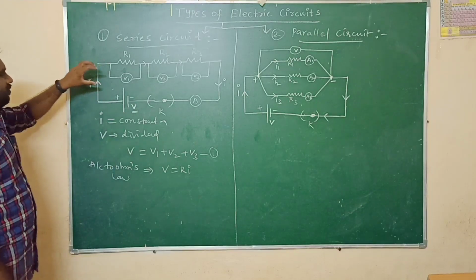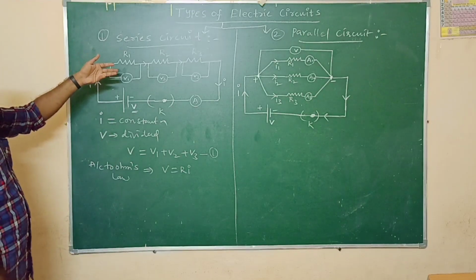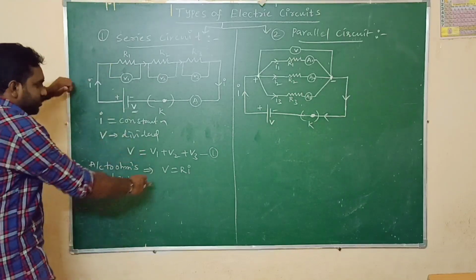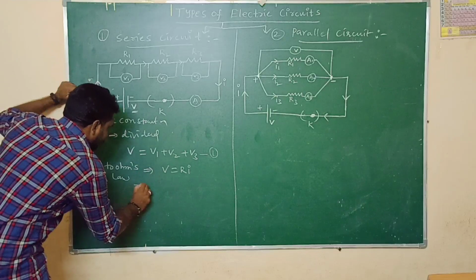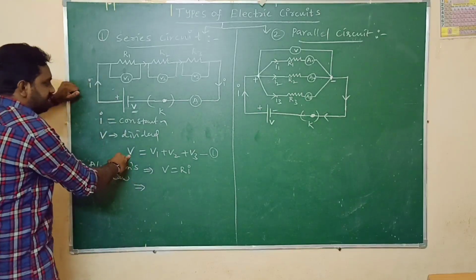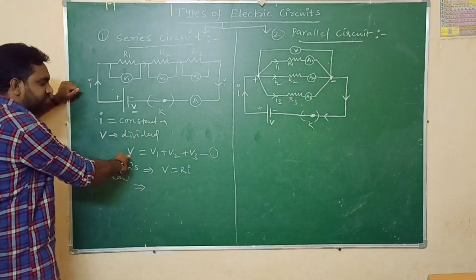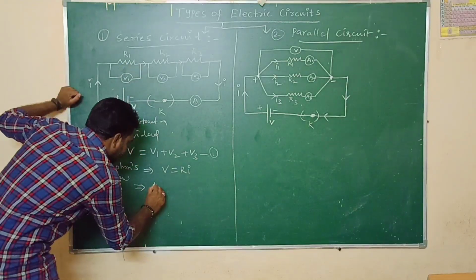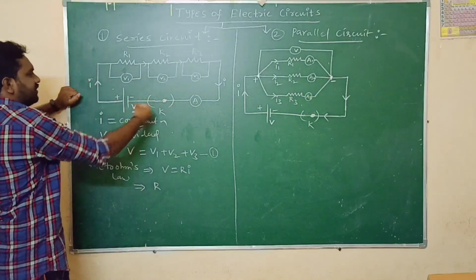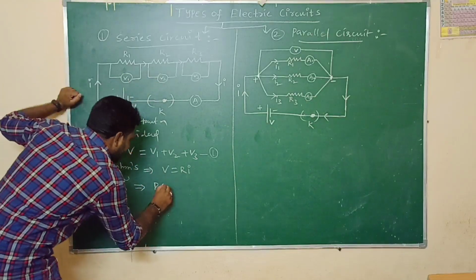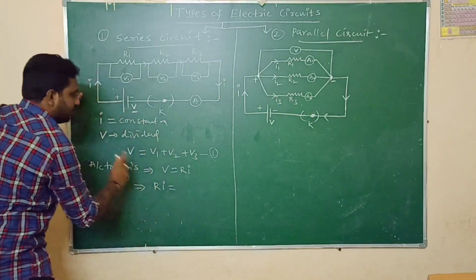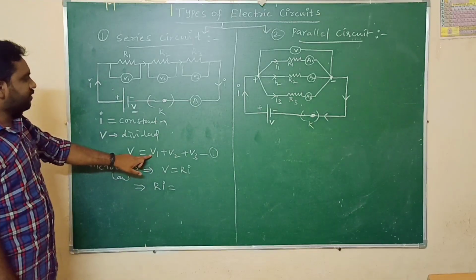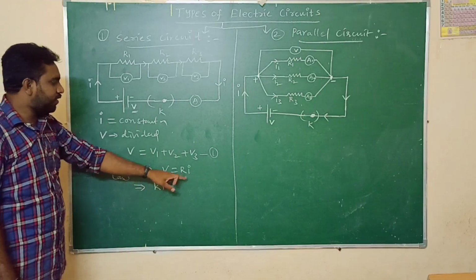Here V is representing the total potential difference. We don't know the total resistance of the circuit, so we are assuming that the total resistance of the circuit is R. So we can write the total potential difference as the product of total resistance and current. The total resistance is considered as R, and current is the same everywhere. So we can write V equals Ri. So how can we write V1? What is the value of V1, from V equals Ri?